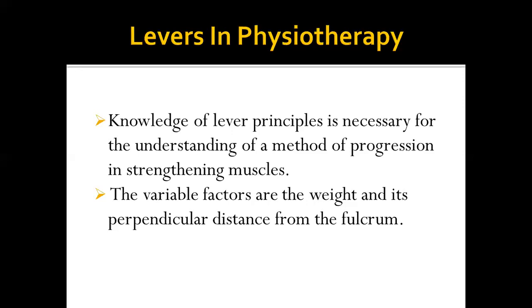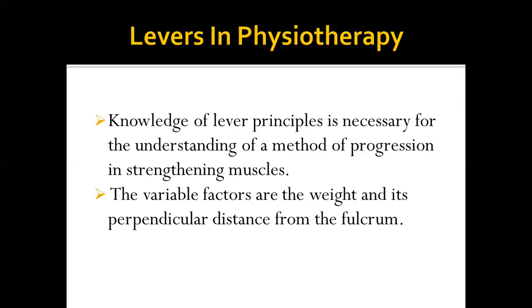For example, if we take the example of a deltoid paresis patient, the patient has difficulty in abducting the arm. So for making it easy initially, what we can do is ask the patient to flex the elbow and then abduct the arm. As there would be short leverage, the movement would be easier. And if we want to progress, then we can ask the patient to extend the elbow. That will increase the leverage and the difficulty would be more compared to the flexed elbow.